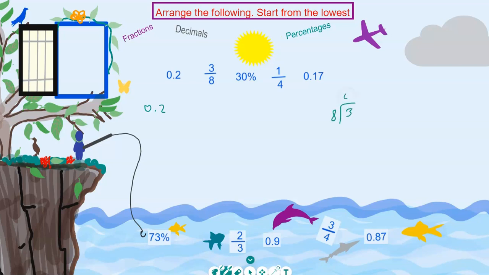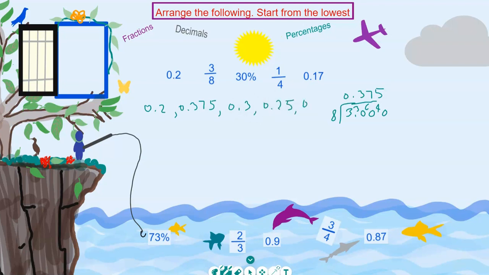8 doesn't go into 3, so that's 0. So put a decimal point here and add another 0. So carry over the 3. 8 goes into 30 3 times, so that's 24, and you have a 6 remainder. 8 goes into 60 7 times, and that's 56, 4 remainder. So put another 0. 8 goes into 40 5 times. So 3/8 is 0.375. So put that down. And 30% is just 30 over 100, or that's 0.3. 1/4 we know already is 0.25